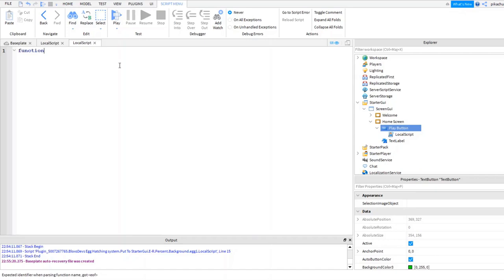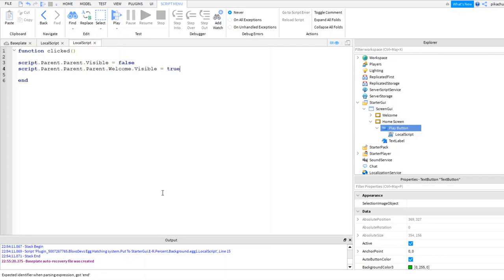So let's go over and first make a local script in the button, and we're gonna start making this play button actually work. So we're gonna say function clicked, and what we're gonna do is script.Parent.Visible equals false, and as well script.Parent.Welcome.Visible equals true.